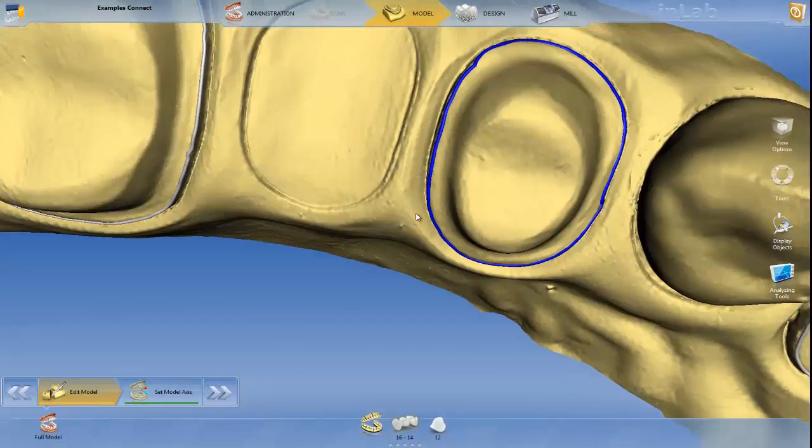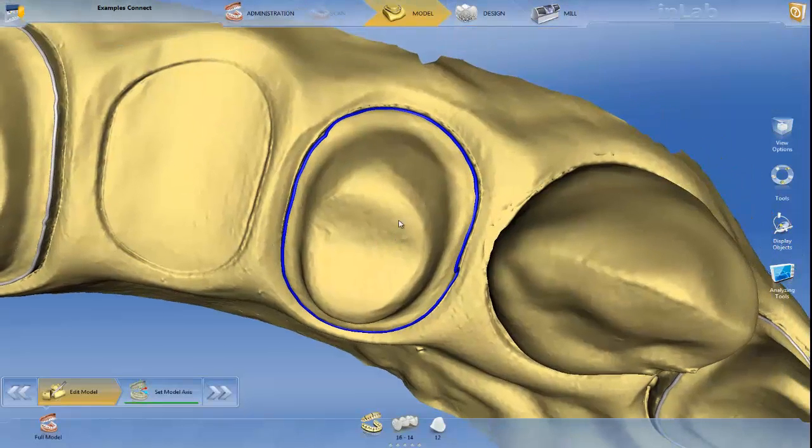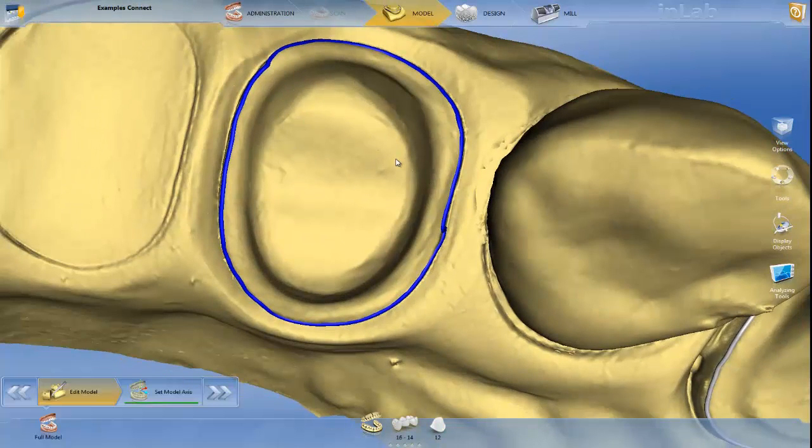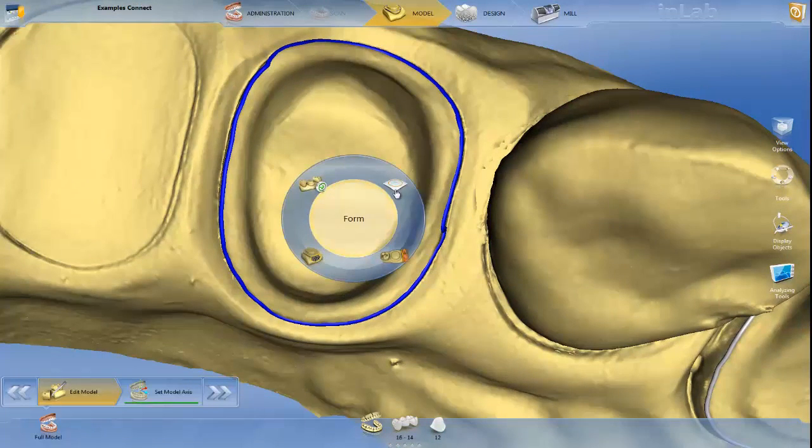Also, it's very important to edit the model before you mark the margins. For example, anything that I'm gonna do here on this die using any of these tools will remove those margins. Now going back to the model,